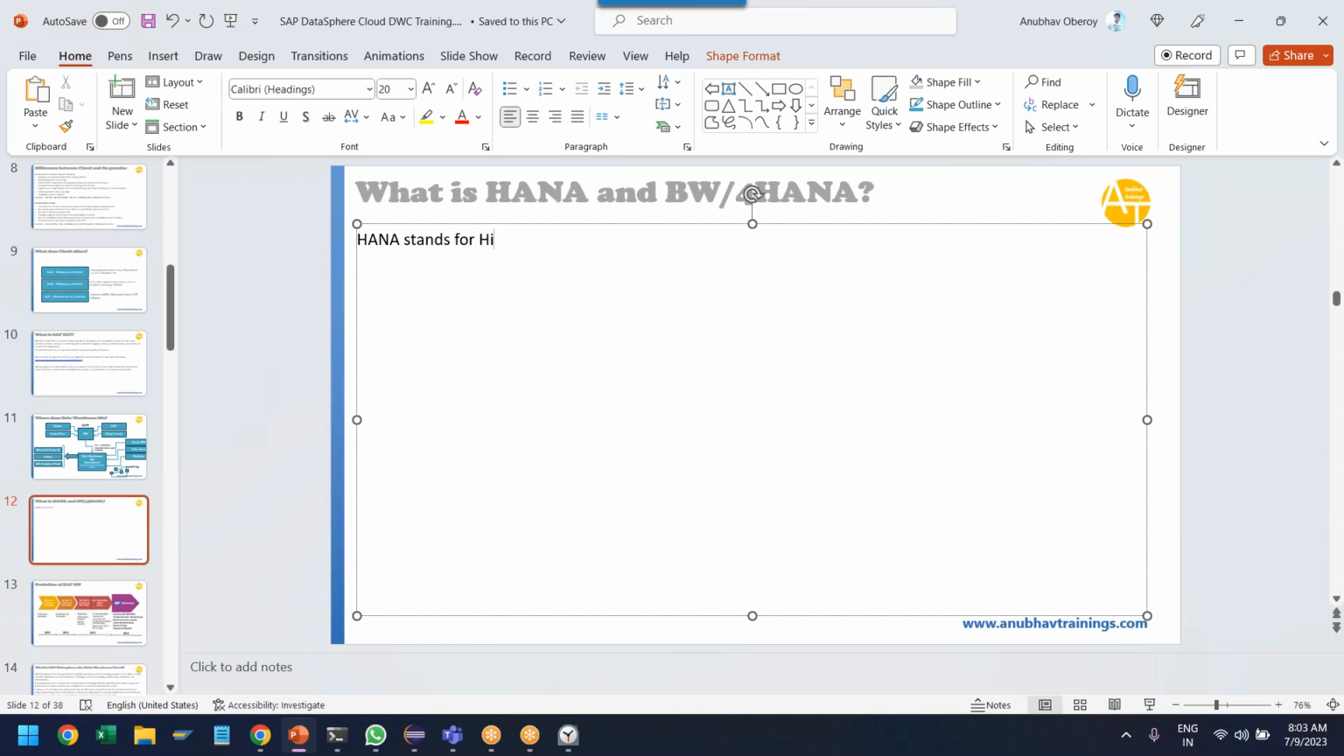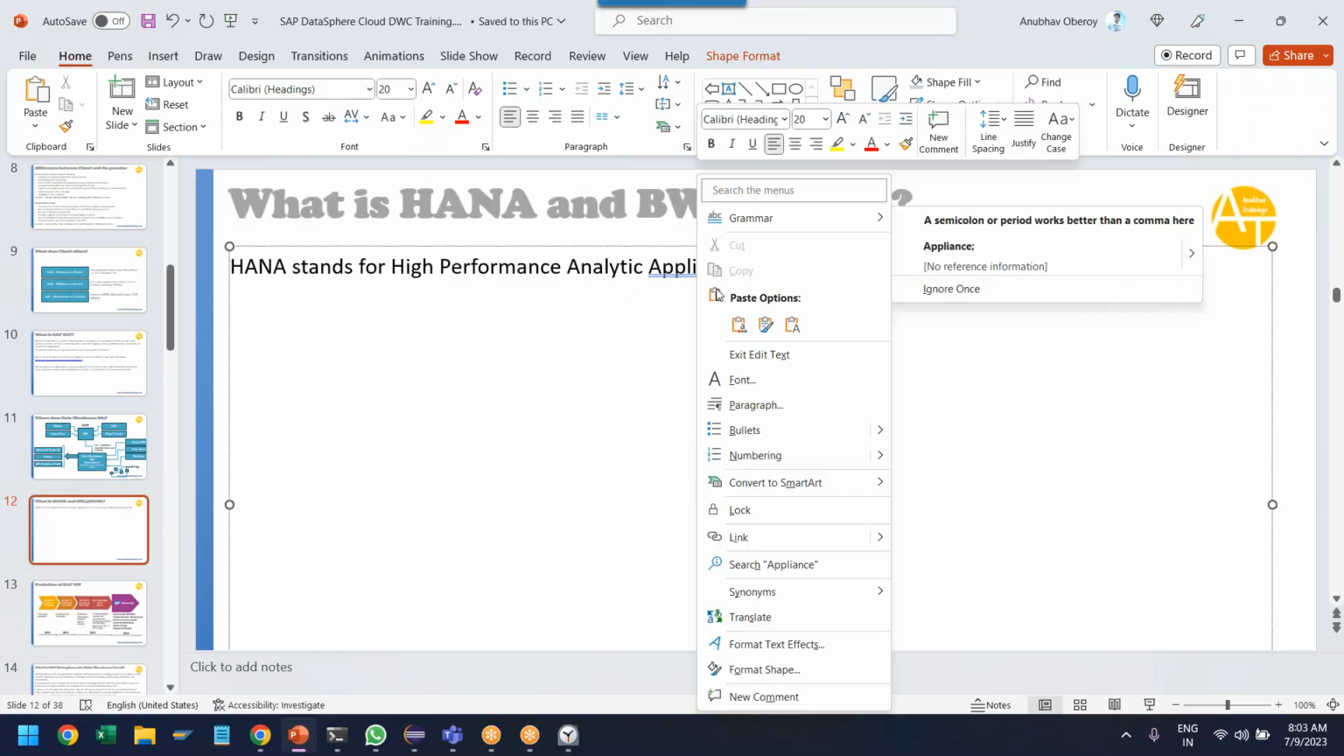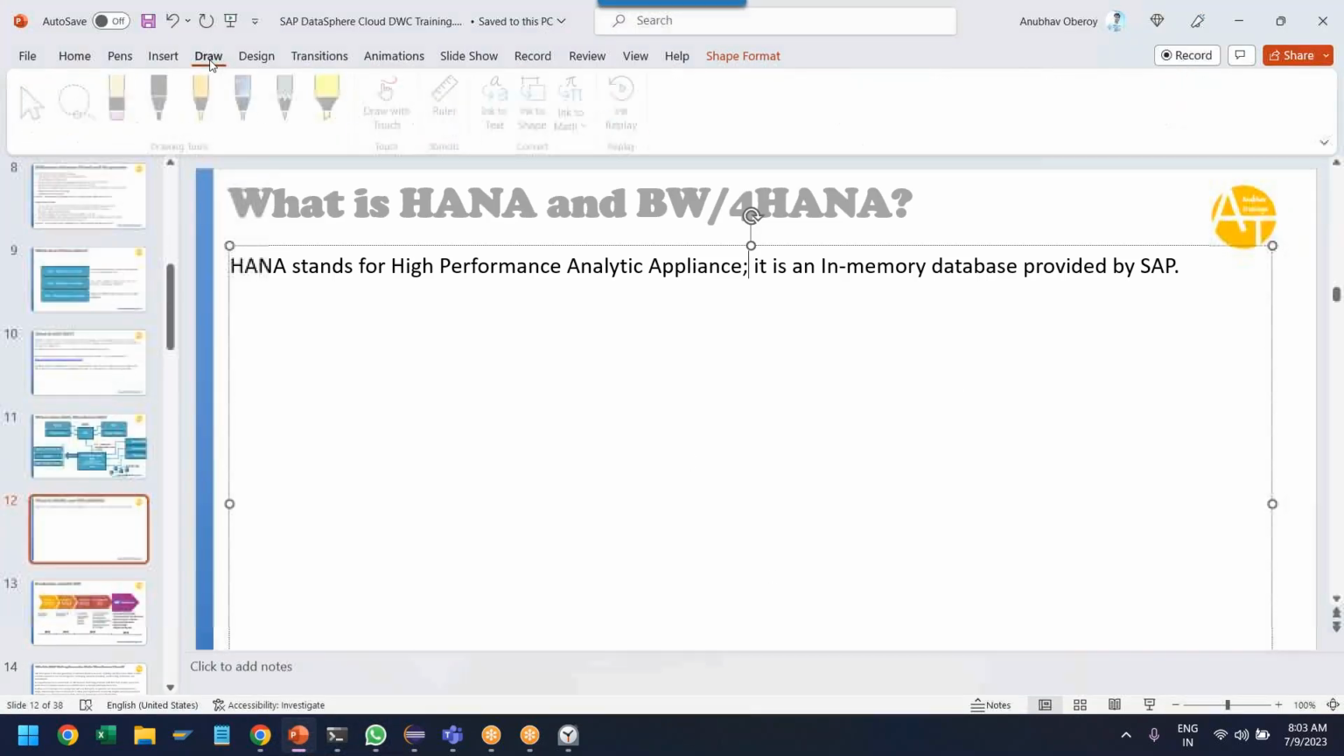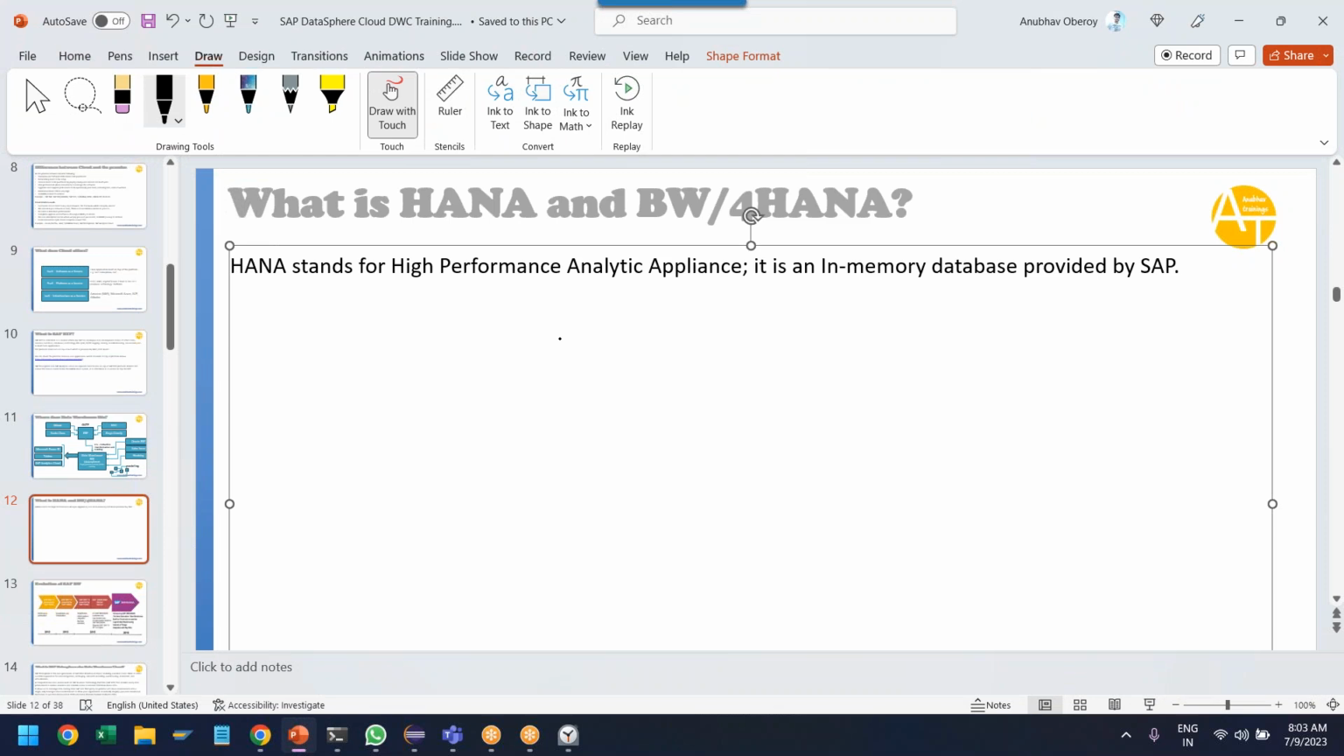high performance analytic appliance. It is an in-memory database provided by SAP. So what is an in-memory database and how is it different from a traditional database? What actually happens when you use traditional databases or a database management system? Usually we have something like,